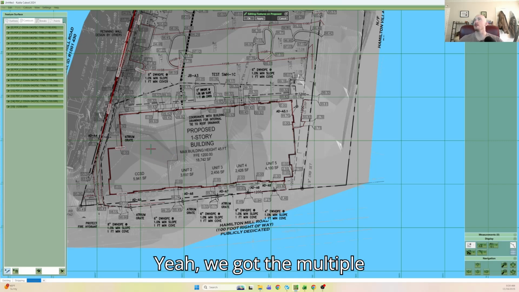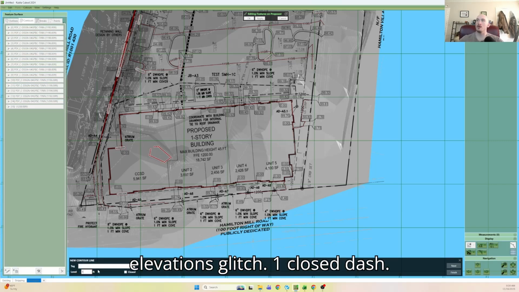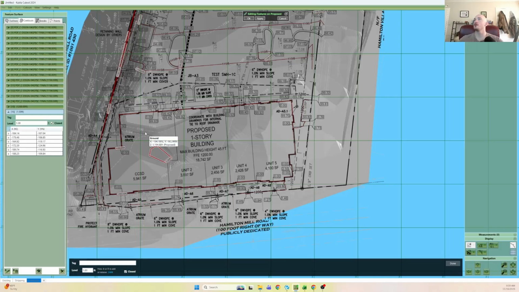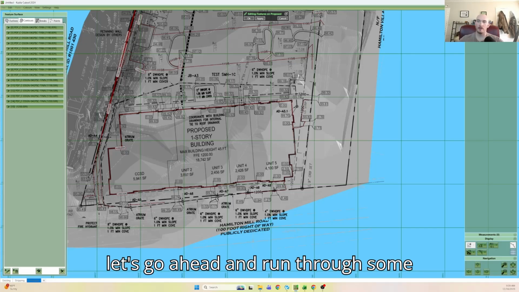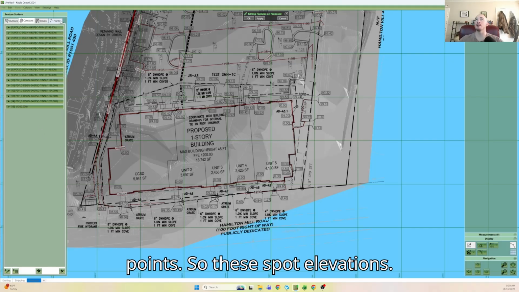Again, we got the multiple elevations glitch. One, closed, finish. Delete that out of here. And now let's go ahead and run through some points. So these spot elevations,